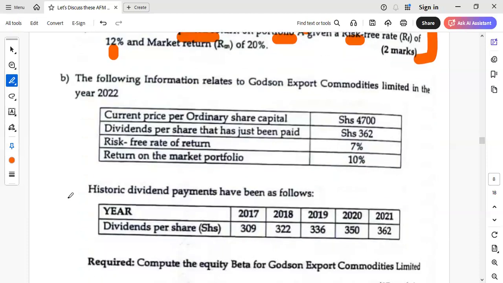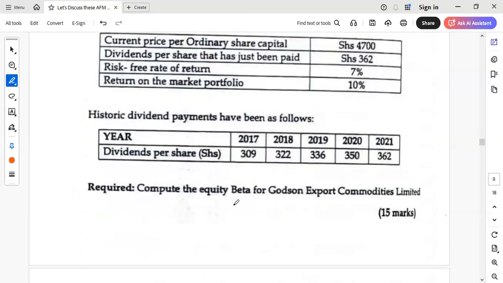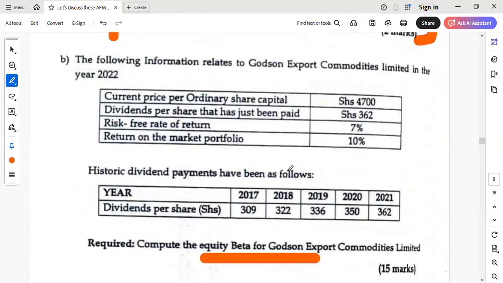Now, when you look at Part B, you are told the following. Required: compute the equity beta for Godson Export Commodities Limited. Now, which information are you given? We are told that the following information relates to Godson Export Commodities Limited in year 2022. You have the current price